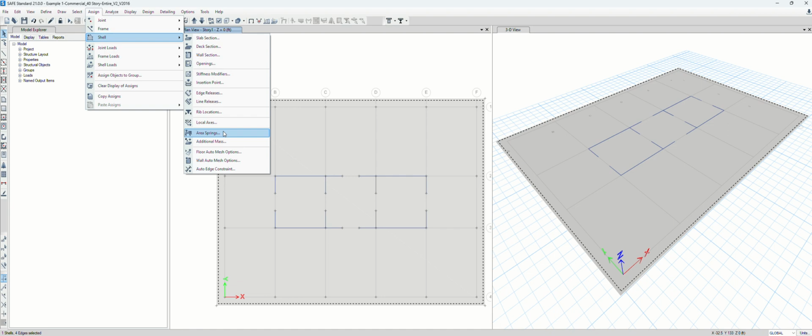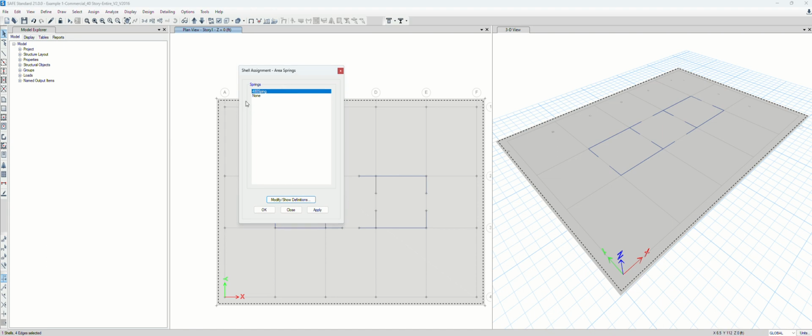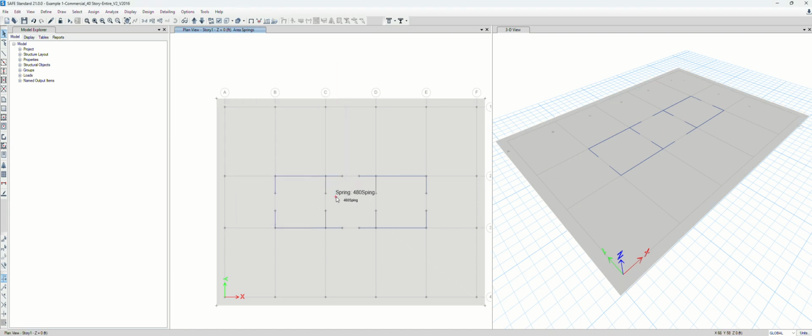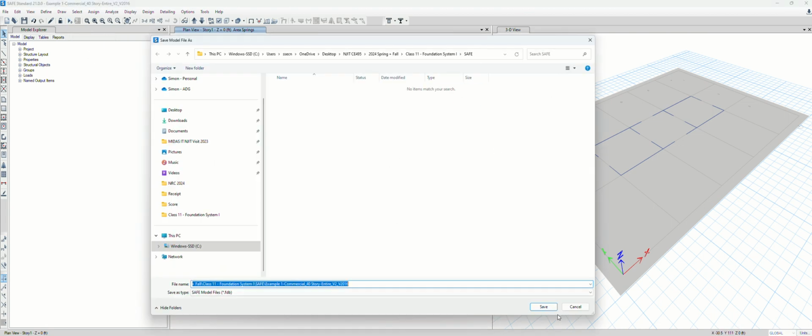So now we just select the mat and assign the area spring constant, which is 480 kip per cubic foot. This is just the beginning preparation of the mat foundation model. I'm going to run the model and initially see